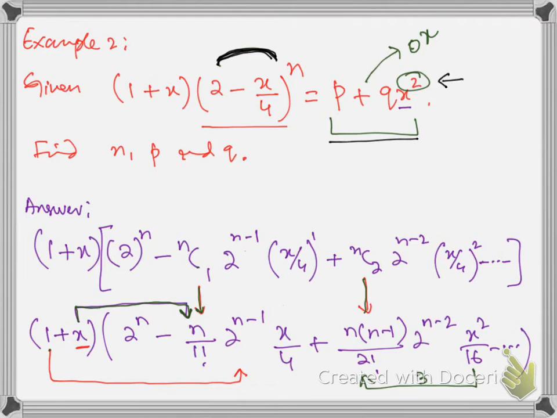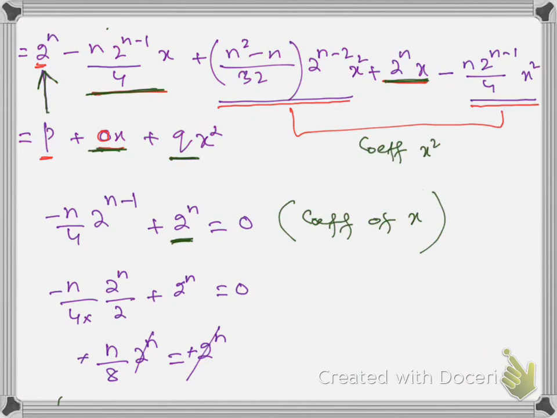So this is 1 plus x. I just copied this here and I expanded this expansion here up to and including the term in x square. So after expanding this, I simplified this, like nC1 is n upon 1 factorial, nC2 can be written as n(n minus 1) over 2 factorial, and so on. Now you have to multiply both the brackets. When you multiply both the brackets, you will get this thing.